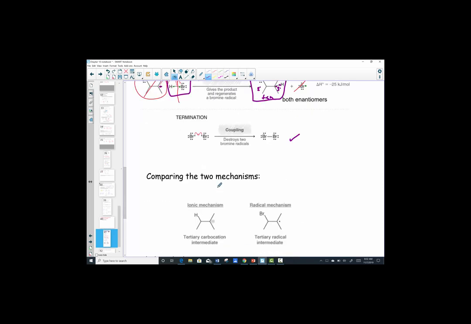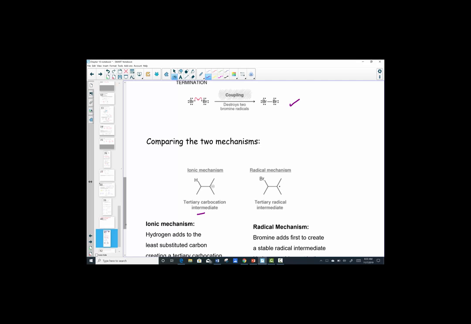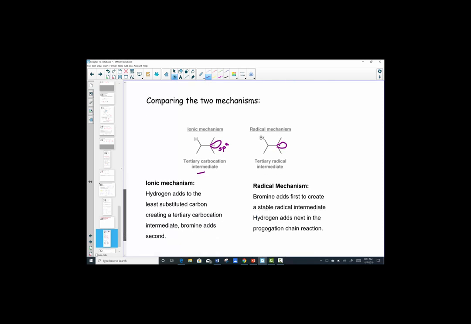And we compare those two mechanisms. In a tertiary carbocation, we have a carbocation intermediate. However, in a radical mechanism, we have a radical intermediate. This is an sp2 carbon, meaning that this is an empty orbital. This orbital is not empty, it contains a lone electron, so there's no chance of rearrangement. In the ionic mechanism, the hydrogen would add to the least substituted carbon in the first step, and then the bromine would add on to the more substituted carbon,